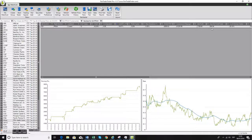Very, very nice equity curve here, bottom left to top right, sloping, and you can see, at least for the last year, the ratio has been very much non-trending, back and forth over a horizontal line. So that looks like a great pair to trade on the basis of the back test, plus the fundamental analysis is why we chose it in the first place. So one thing we also check